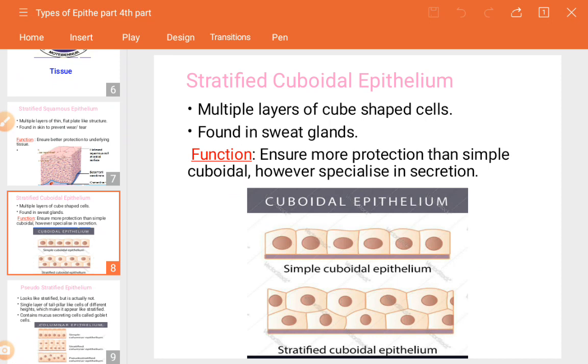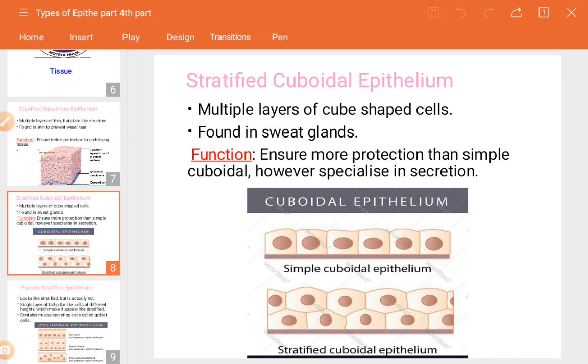Glands are nothing but organs which have the ability to secrete substances like hormones and enzymes. A sweat gland is a gland which secretes the excess amount of salt through our body or the skin, in the form of water. It's known as sweat. In summer, or whenever you exercise or run or walk fast, you can see water coming out through your body, that is nothing but sweat. In those places the stratified cuboidal epithelium cells, or tissues, are present.